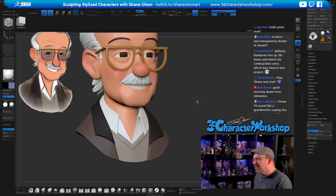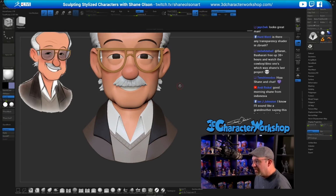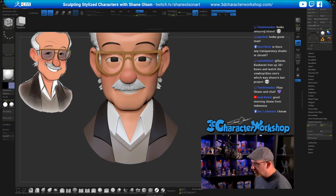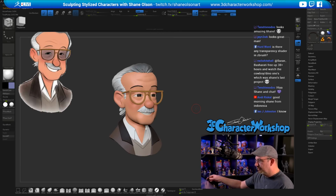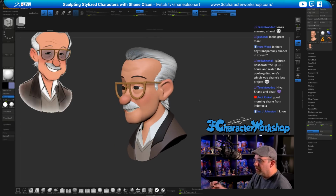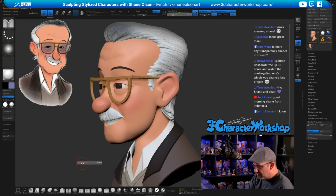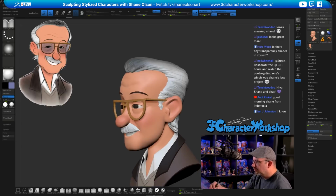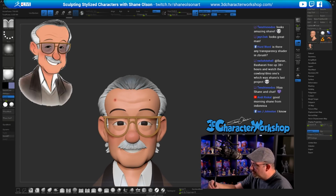There is, but it doesn't work how you would want it to. I just kind of put those in place to... I'll put a transparency shader on them in Keyshot. Okay, I'm just going to apply... I'm just getting rid of those extra lines in there. Okay. Then I'm going to actually apply to the face, add a couple more. So I want to get some of his crow's feet around his eyes. So I save little details like this until the very, very end. Because you can't really see them anyway, so...